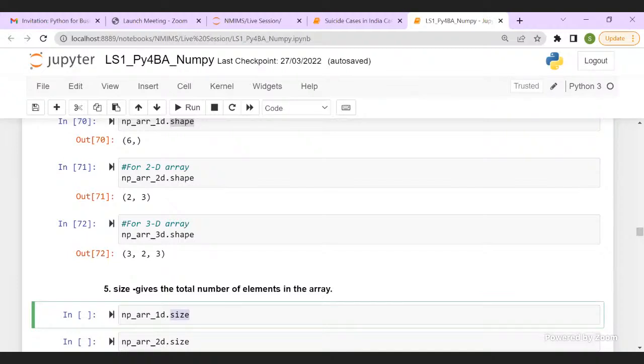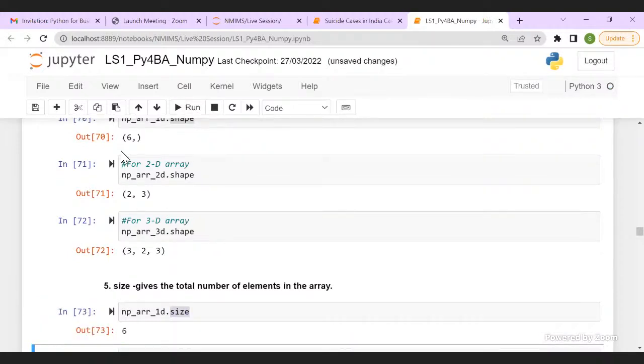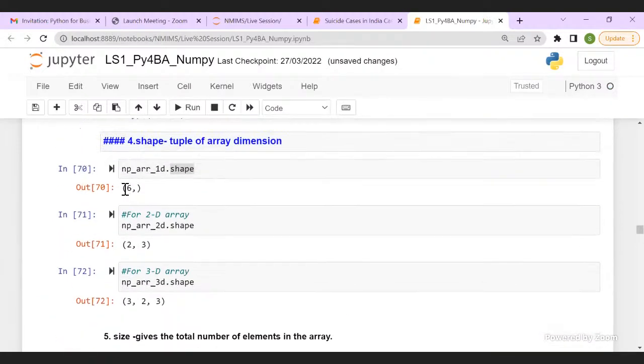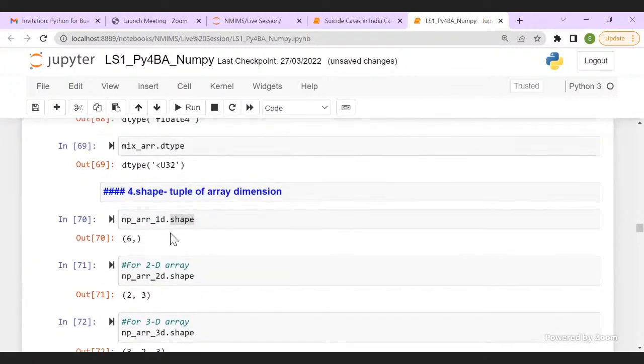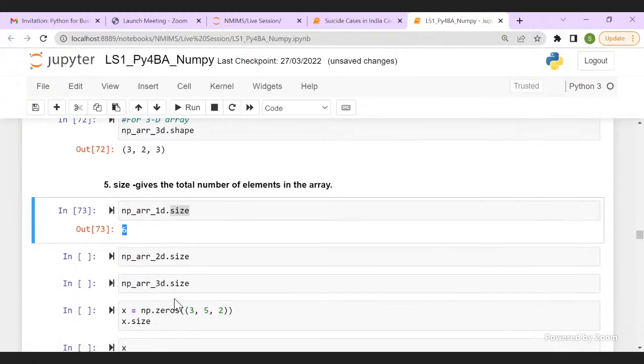It refers to the total number of elements in the array. So I simply run it. See here, when I give the shape, it gives me a tuple. And here when I ask for the size, it just gives me the number. It has shape, it has size.